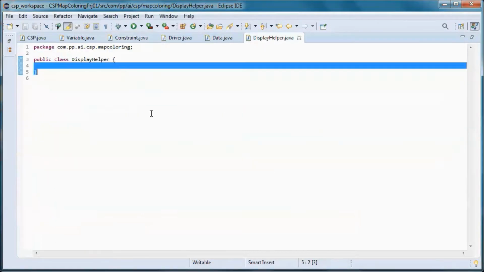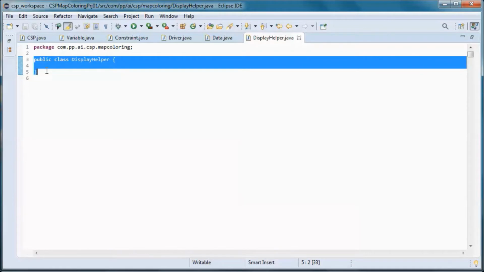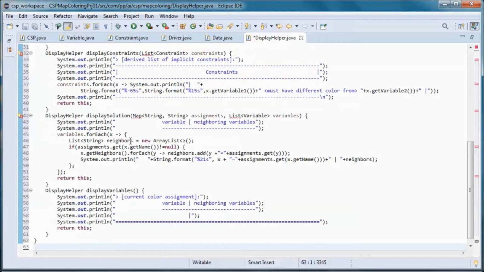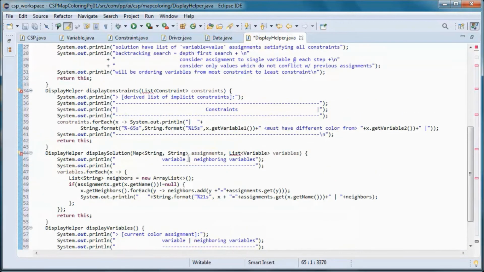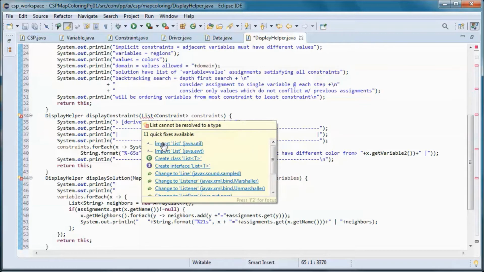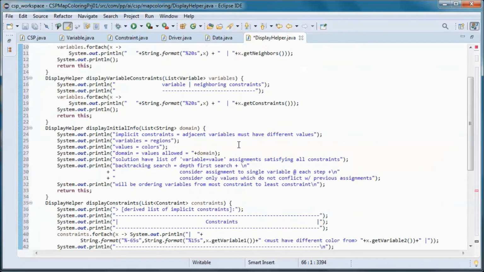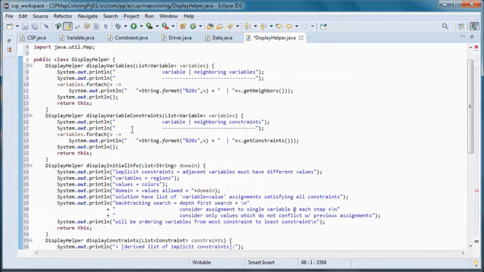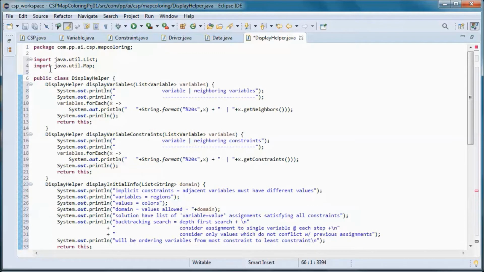And this code displays the solution and the derived list of constraints and the initial information and the variable constraints and the variables.